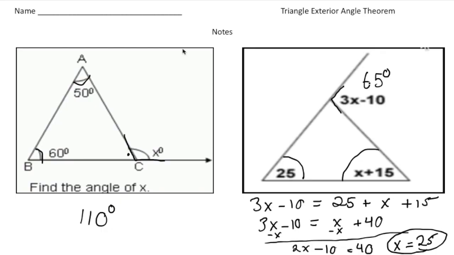All right. And let's make sure it works, because I can take 25 and plug it in here. 25 plus 15 is 40 degrees, and 40 degrees plus 25 degrees adds up to 65 degrees. There it is. Okay. So now that you understand what the triangle exterior angle theorem is all about,